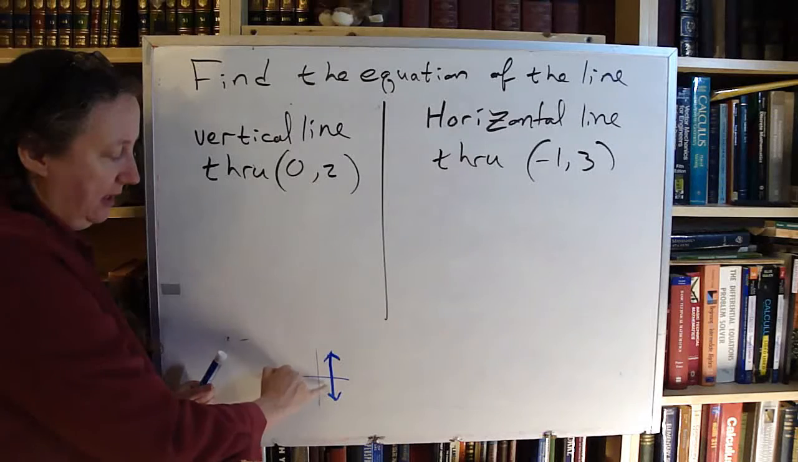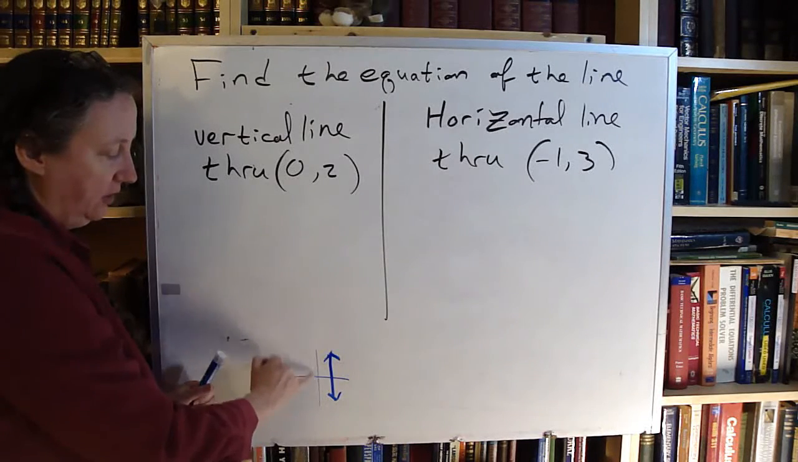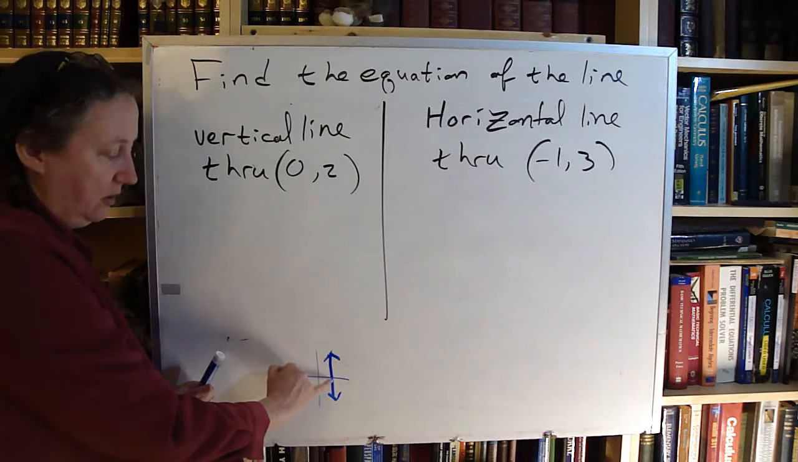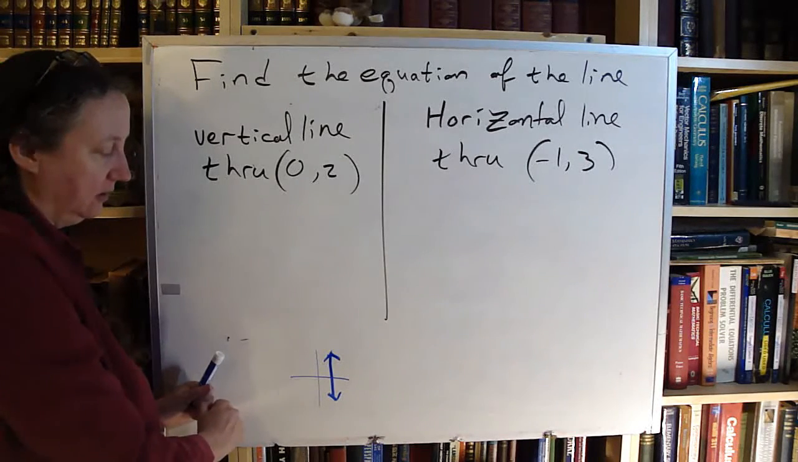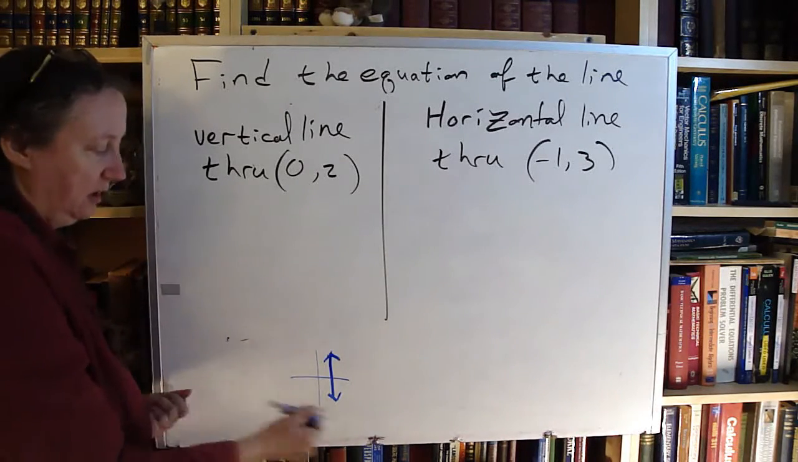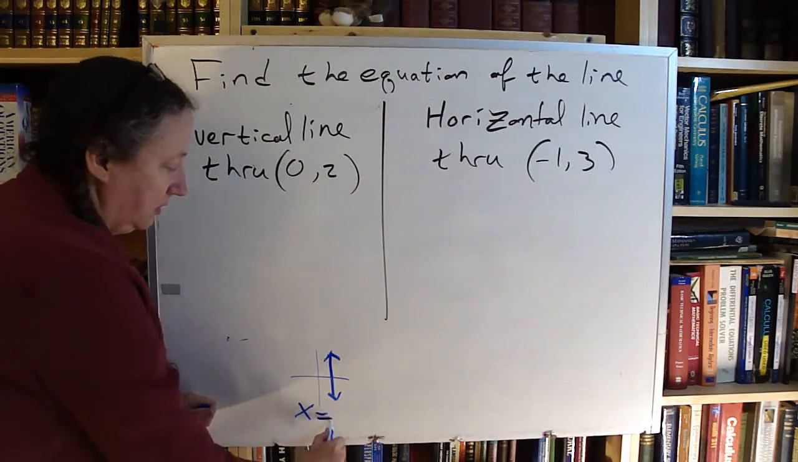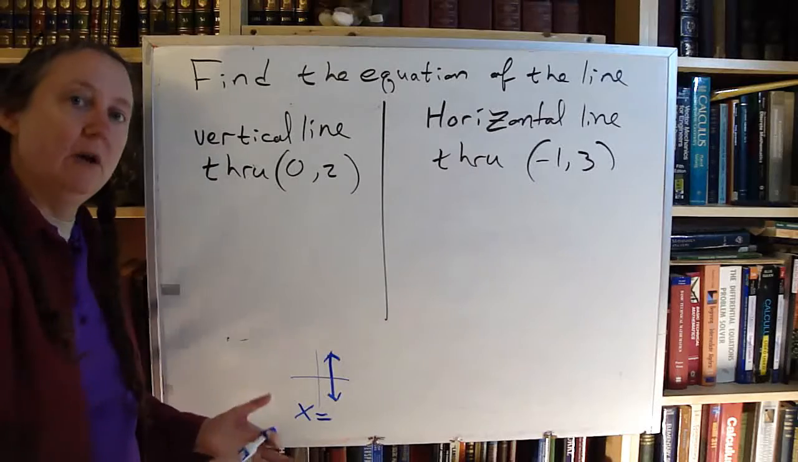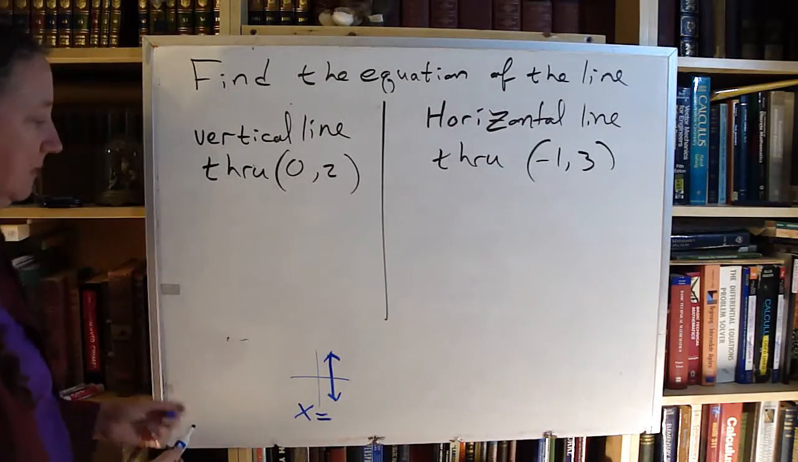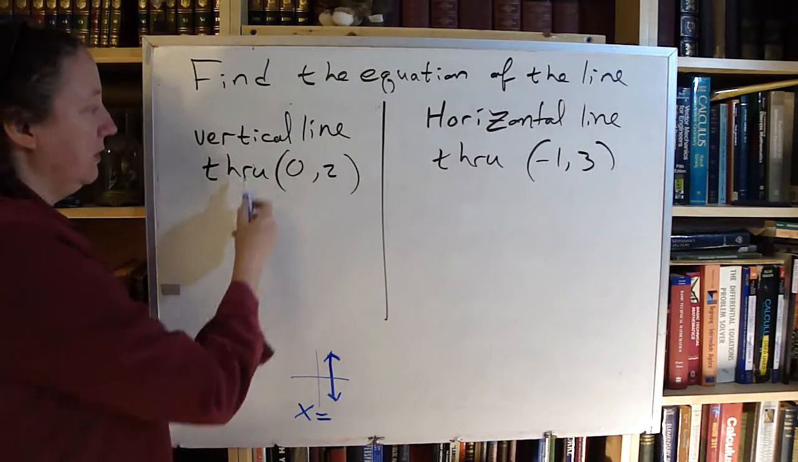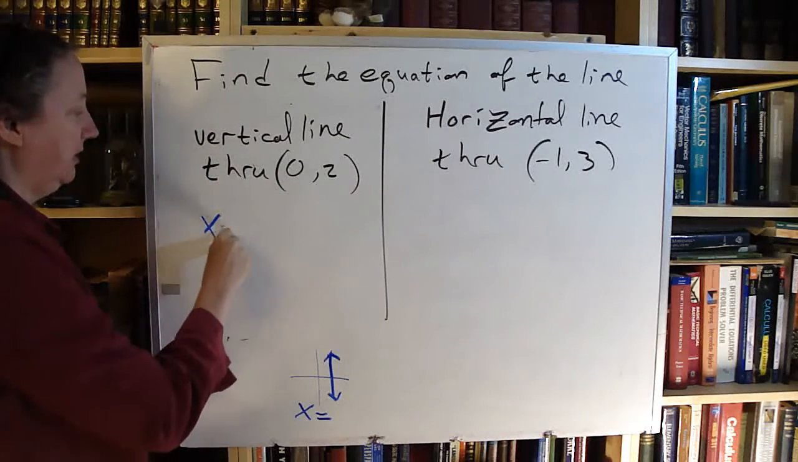Notice that my line that I drew never touches the y-axis. It does touch the x-axis right there. This is going to be x equals, and then whatever the number may be. So as I look at my problem, I know it's a vertical line, so that's telling me that it's x equals,